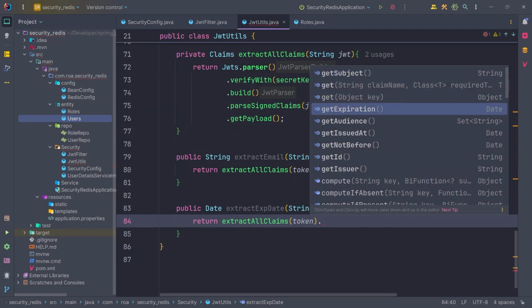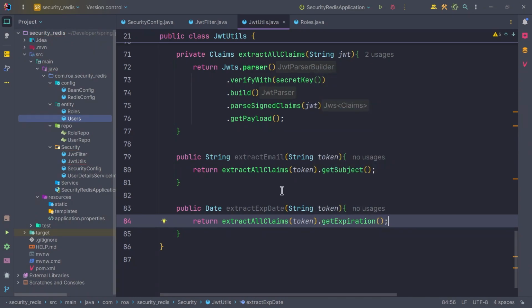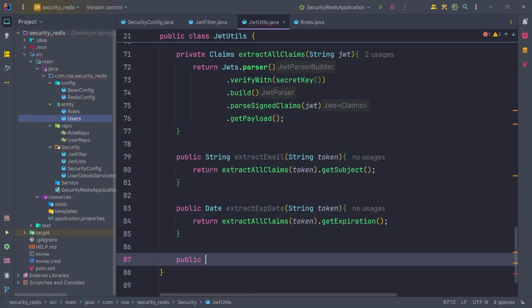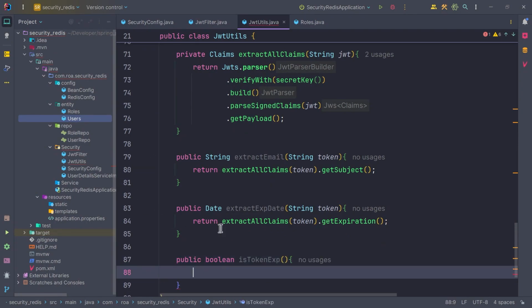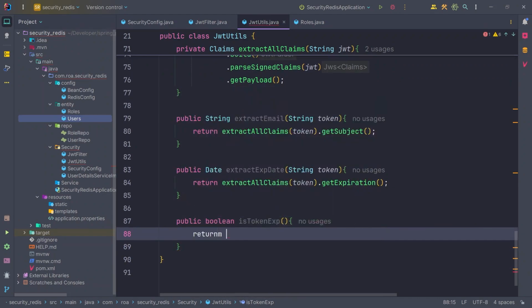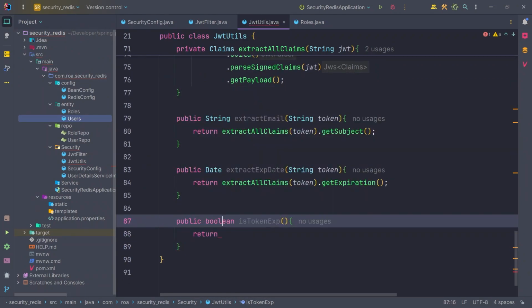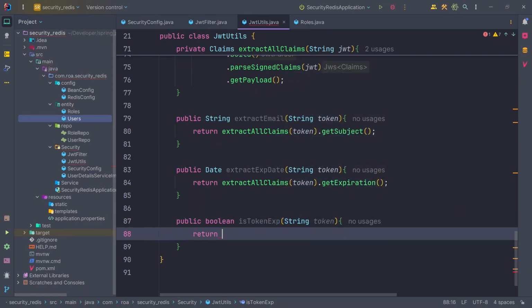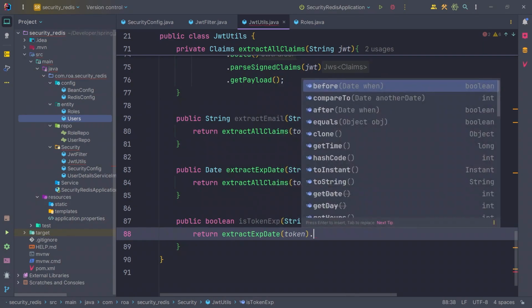Now we're going to get the expiration over here. So everything is working. So now let's validate whether it expired or not. So we can just say private boolean, since it is a boolean after all, is token expired. Over here we can return. I think we should provide it over here. So string token. Yeah, we should provide it over here. So extract exp date token, before